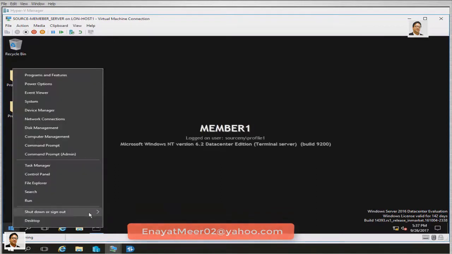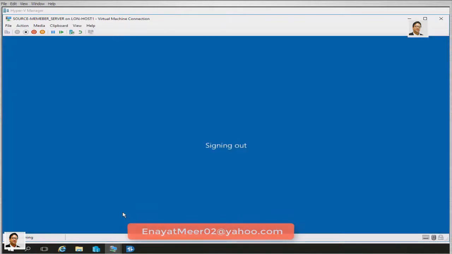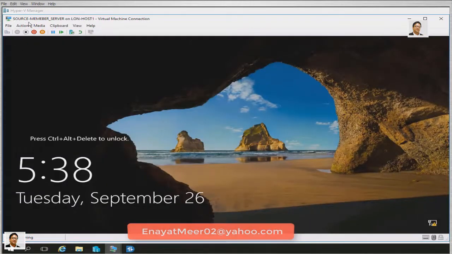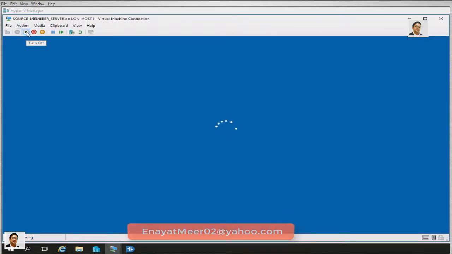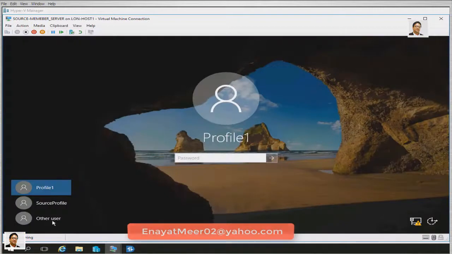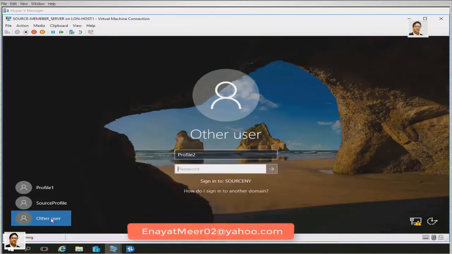That's it. So that will be good enough for me to move on to my target side, use these accounts and validate that I do have this profile. Keep in mind, I am going to migrate the user account with all groups, with the existing password at source, and with the profile. So this was my first account, Profile1. Now, using the same method, repeating what was done for Profile1,